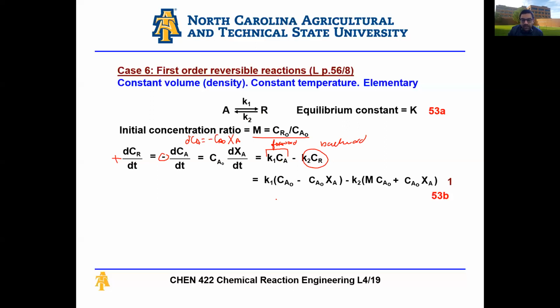And again, similarly, I'm going to substitute. So if you recall, we said CA is equal to CA naught times 1 minus XA, right? So I'm going to substitute this here. So I get K1 CA naught minus K1 CA naught XA minus K2, and then M CA naught plus CA naught XA. And this is similar to the manipulation we did earlier, where basically I'm saying CR